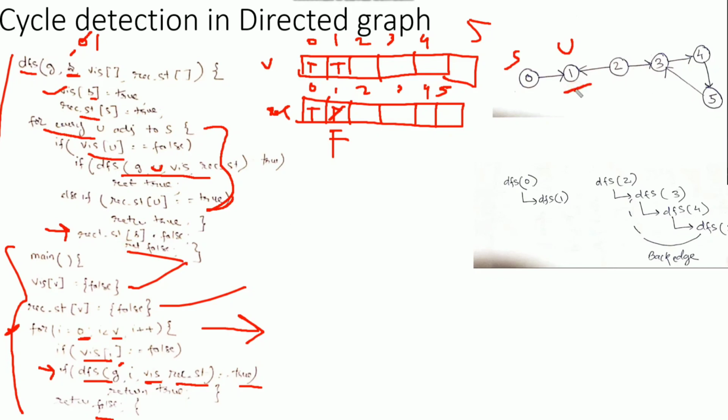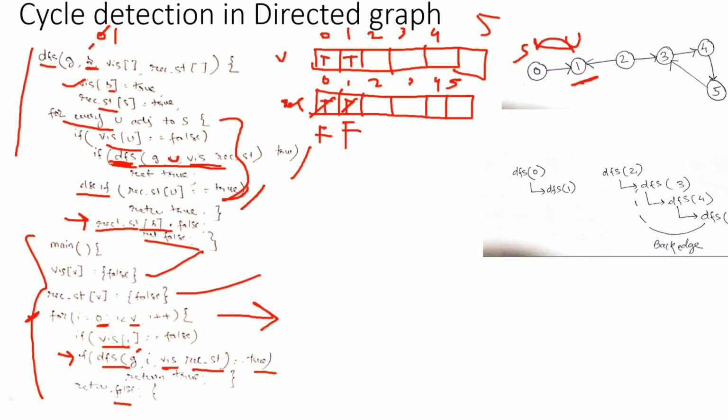So the caller of vertex 1 is what? Caller of vertex 1 is 0. And in terms of function, this recursive DFS function is the caller. So control will return to this part, and this is false. So control will not execute this. It will come to else if part. Else if part is also false. So it will move outside the for loop and come to this part, and recursion stack of 0 is equal to false. So we'll change this from true to false.